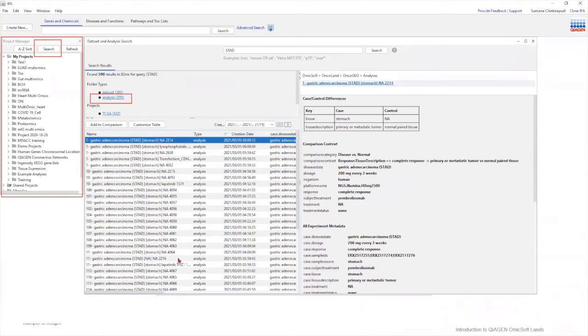So these analyses that you see here can be representative of hundreds of samples, thousands of samples. That's because when you use IPA, you're uploading at least a differential expression data where you have at least two groups. One group will be your case group, the other will be a control group, like disease versus normal, treatment versus untreated, disease 1 versus disease 2, and so on. And in those groups, you'll have many samples. So all of these analyses represent thousands of samples.